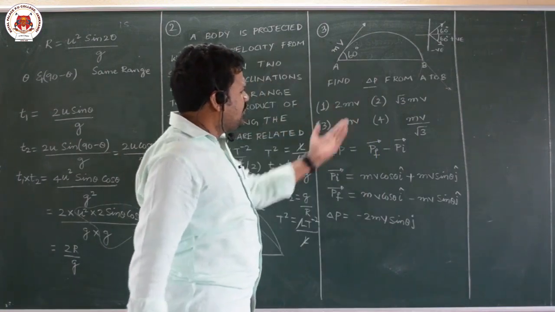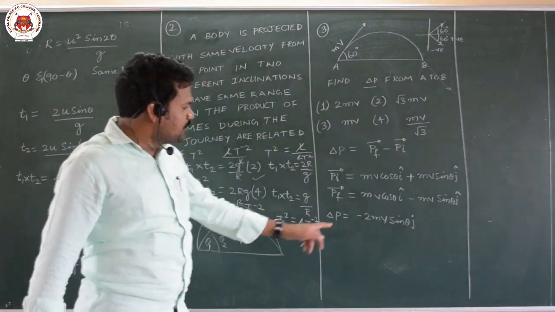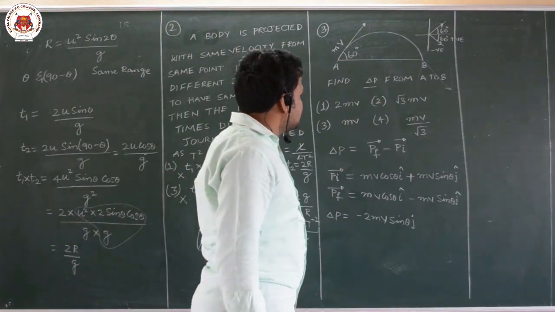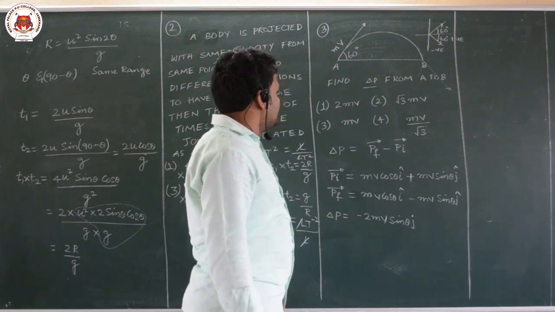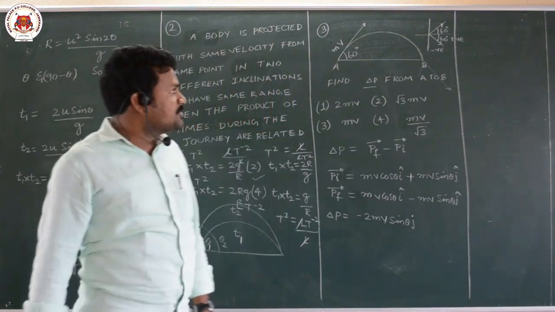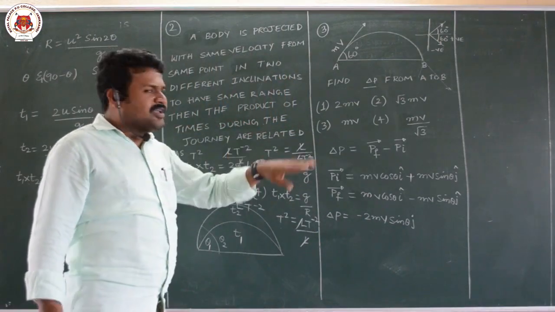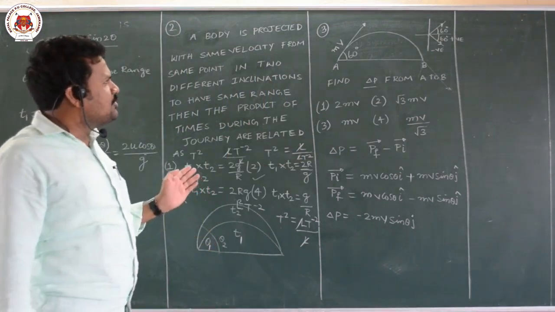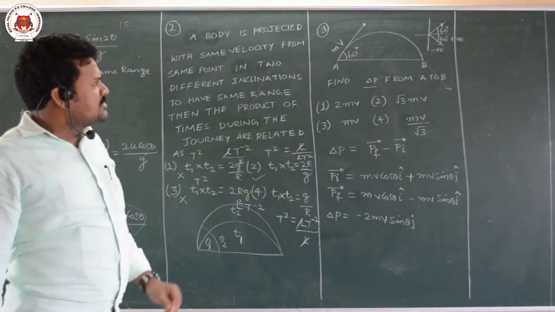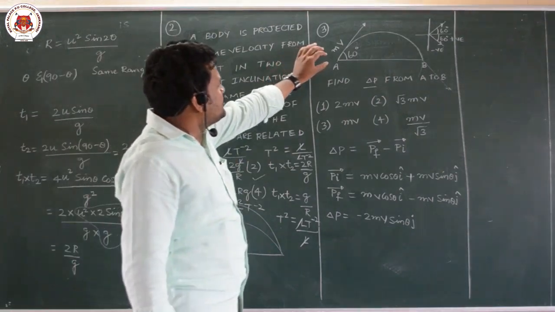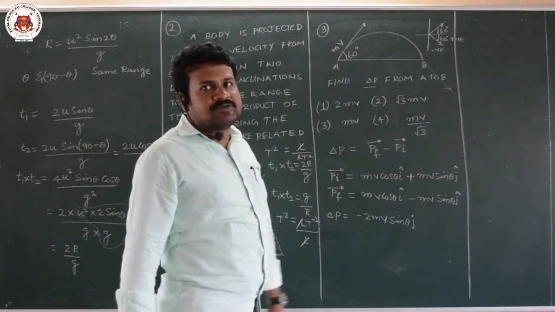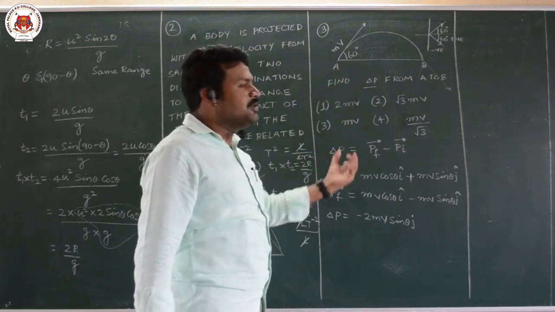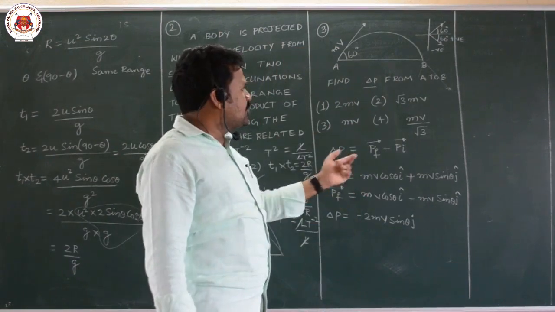Then substitute the value of theta, you will get the answer, 2 into m into v into sin 60, root 3 by 2, that is the answer. So, root 3 mv will be the answer for this. Like this we can relate this projectile motion to different conditions. Sometimes they will give that it is a charged particle, then what happens to the projectile? When it is a charged particle, based on the electric field you have to take the net acceleration, that you have to substitute.